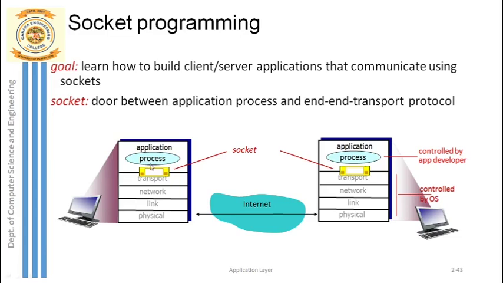Okay, so once that is done, you just see here the socket is acting like a door, and that door is in between the application layer and the transport layer. So once your message reaches the transport layer, it will add several features, reliability and all that, and then transfers the package to the next network layer, and through the network layer to the link layer, and finally to the physical layer. And here exactly the physical connection is established, through the internet, using wireless media, anything, and your message is finally transferred to the destination.